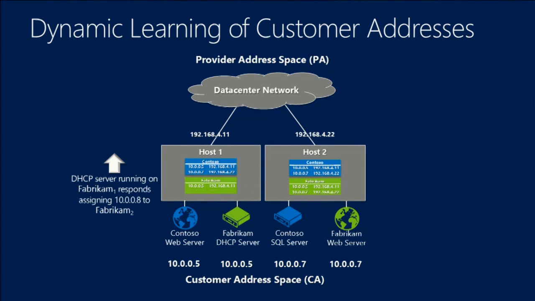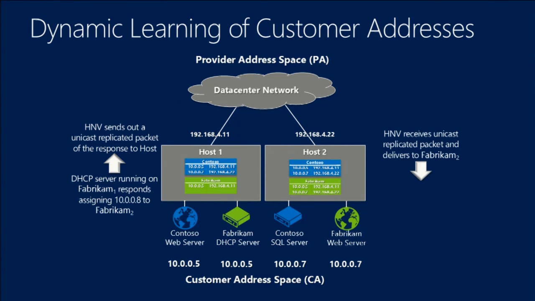When the packet comes back, you can see the HNV here automatically plumb down a policy, right? It will remember which IP address is assigned to this server. It's assigned from the DHCP server to this web server. It will automatically configure it. So as admin, you don't have to configure anymore. You don't have to statically configure it. And also,